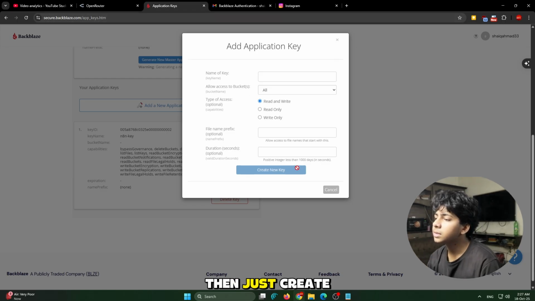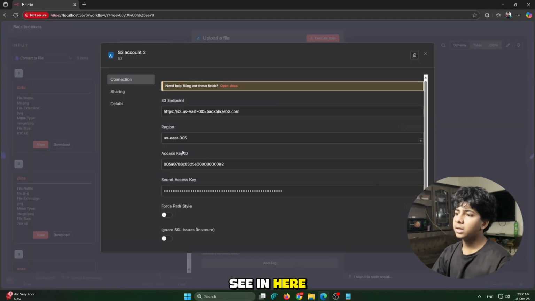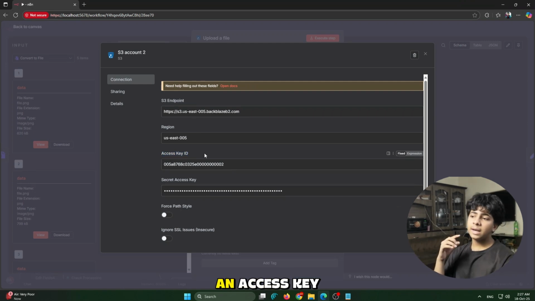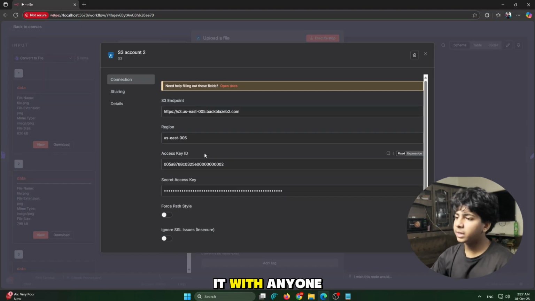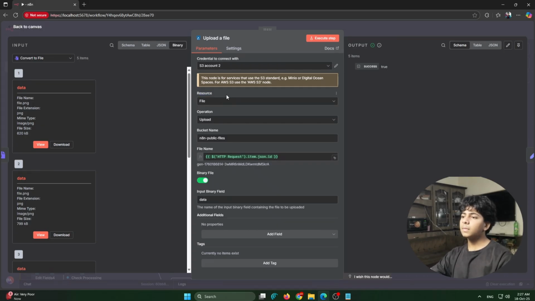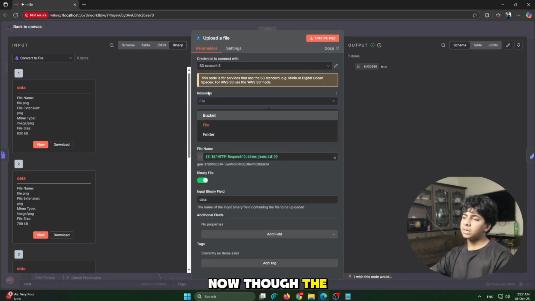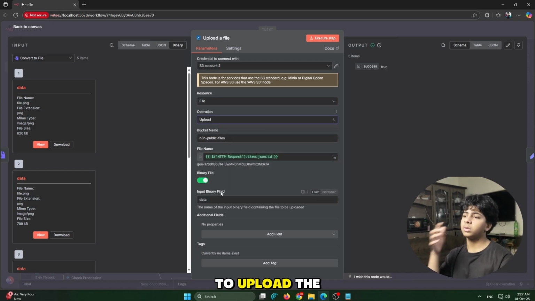Okay, then just create new, and you will get the key ID. You can see in here, you will get an access key ID and an access secret. The access secret is pretty important, you have to save it somewhere and not share it with anyone. Okay, so your credential will be created. Now for uploading, the resource will be file, and the operation will be upload. So we have to upload the file, and in the bucket name you have to put the exact bucket